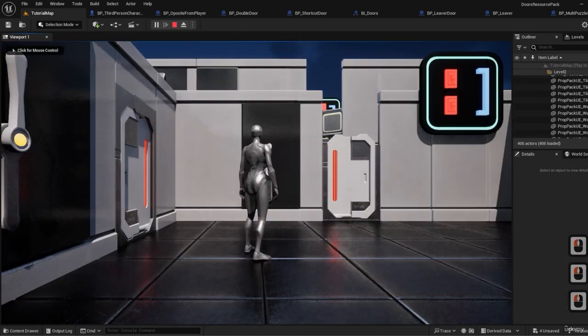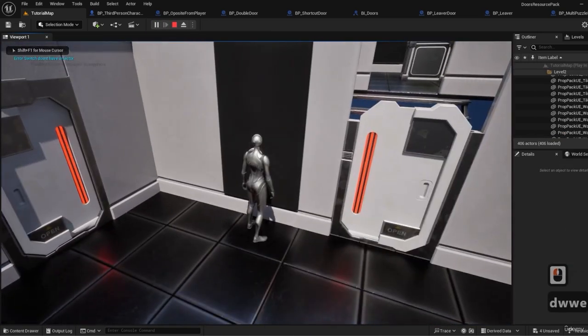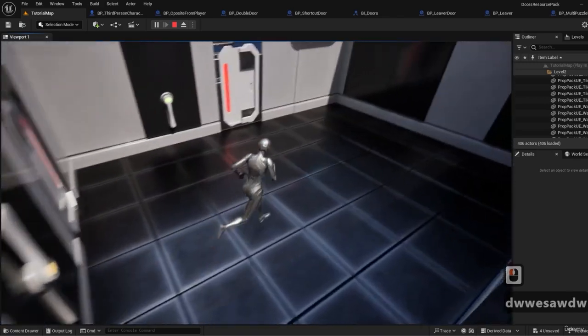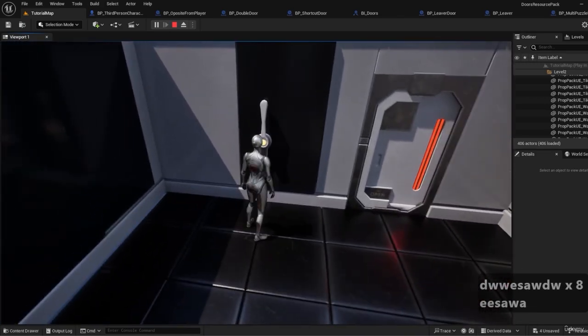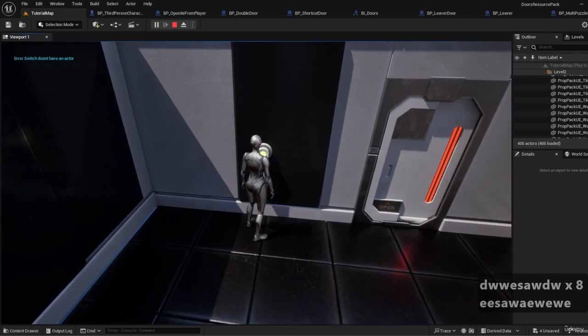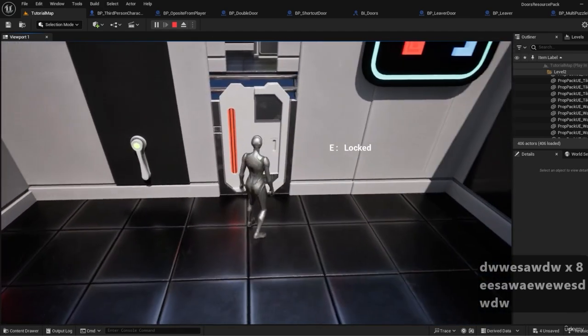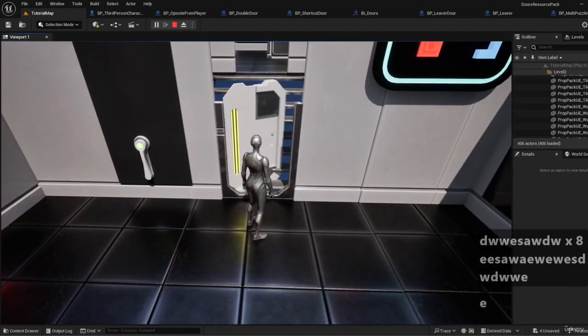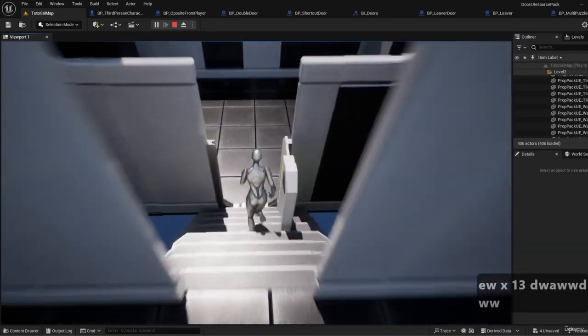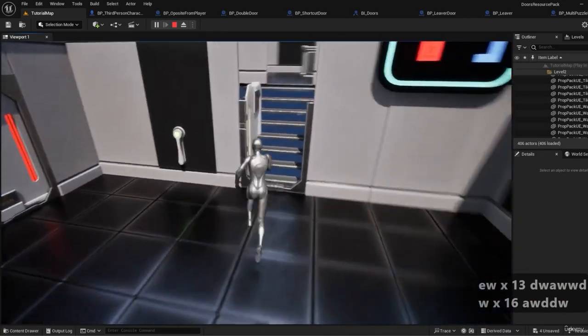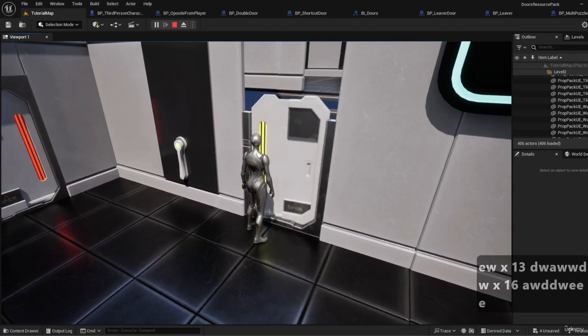I'll press play. I'm going to use the one switch. Oh, let's rattle the door first. It's rattling. Second switch. And it unlocked. Great. So we're done with this door also. Supposedly we can close it. Oh, maybe